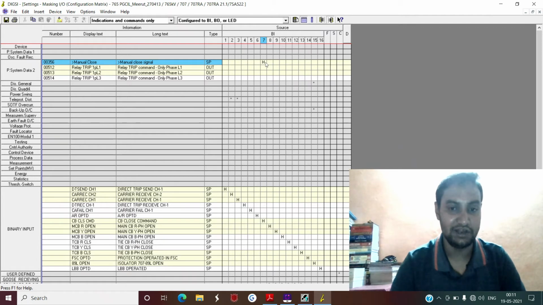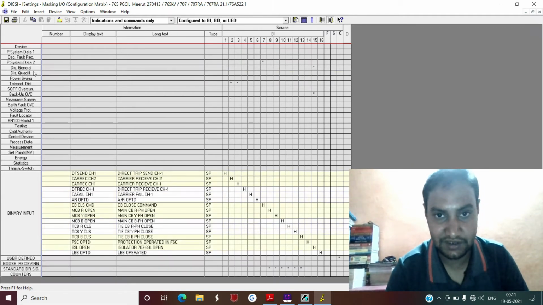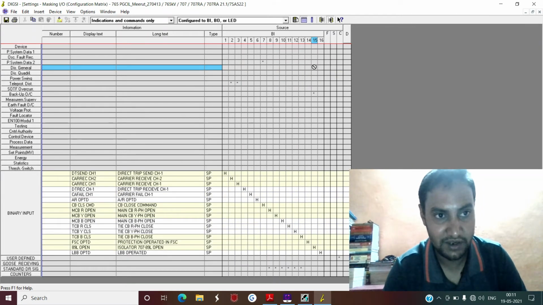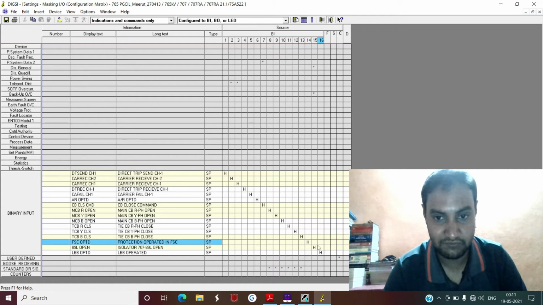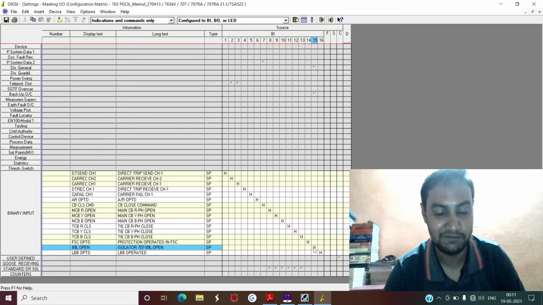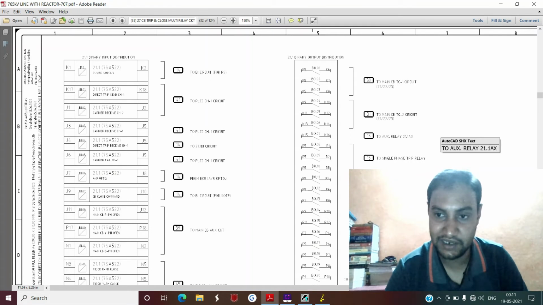Now the next thing, if you see here, this output number 15 is configured here and here also. Here it is configured for 7078 9L open. That means this signal 15 is basically your line isolator open.